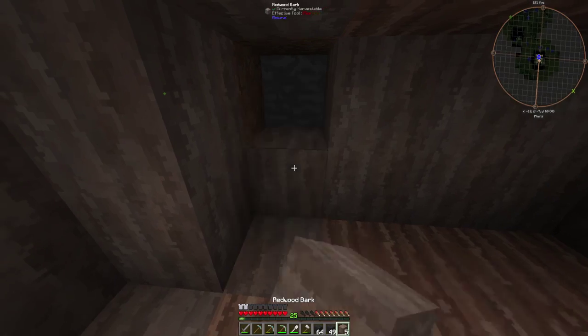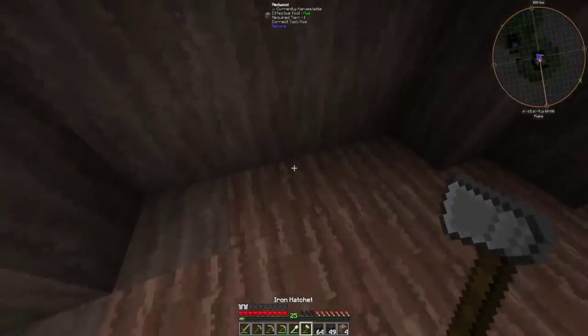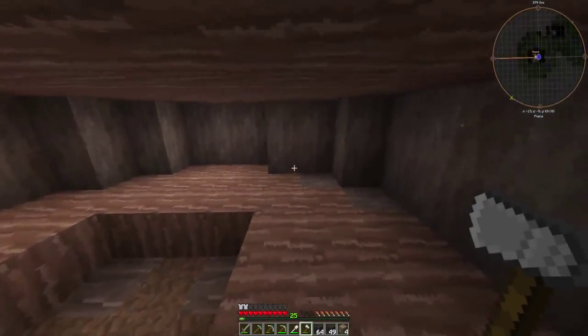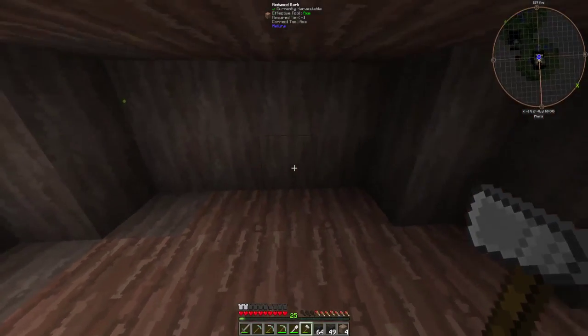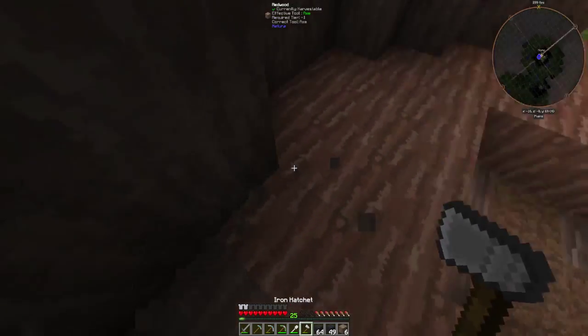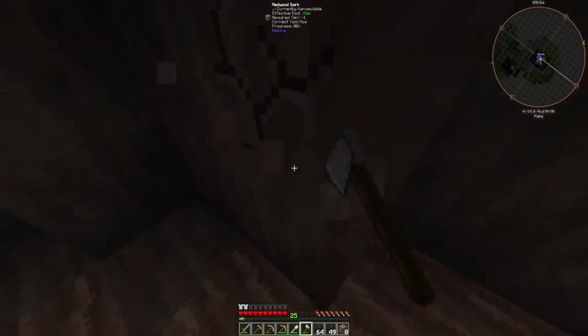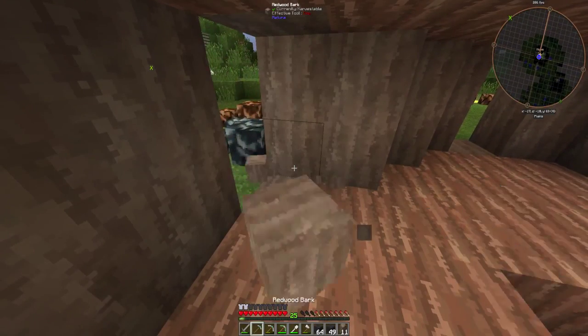and we'll put some bark there. Look at that. This is just to make it a little bit bigger for us. So we've got two over here. Where's the center here? So we need to break this one and this one, and we'll break this one too. And we can't break those ones